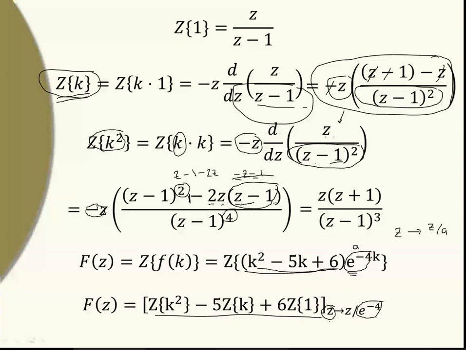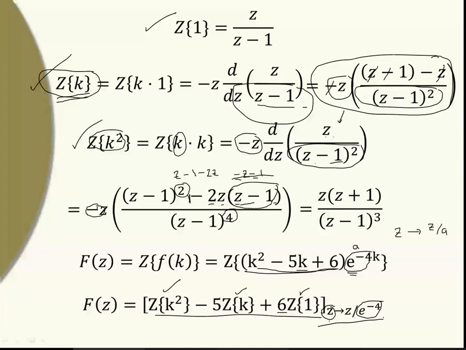And the z transform of all these terms will be the z transform of k square, constant term taken out, minus 5 into z transform of k plus 6 into z transform of 1. 6 means it is 6 into 1, taking 6 outside, z transform of 1. Now we know the z transform of 1, z transform of k, z transform of k square. Just now we have calculated these three terms. So put these values over here, and at the end do the replacement, changing it by using the first change of scale property.